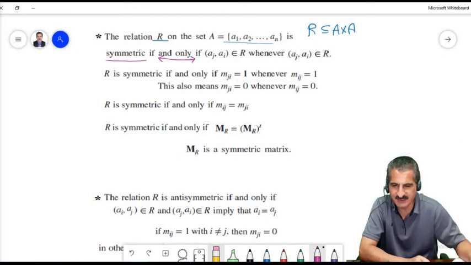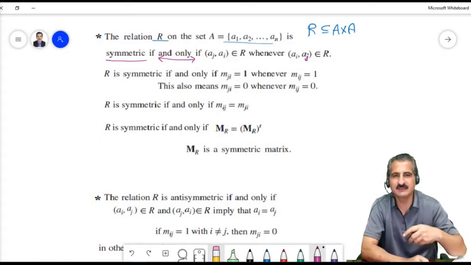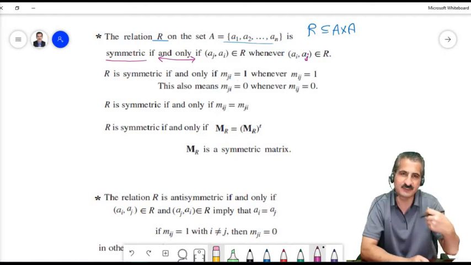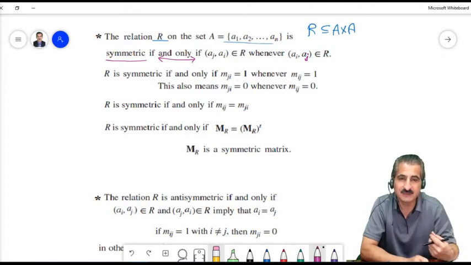This is j, no, the other one is j. This is j in here. This must be j. Okay. So if a_j is related to a_i, then we must have a_i related to a_j. The first component related to the second, and then the second must be related to the first in order to say